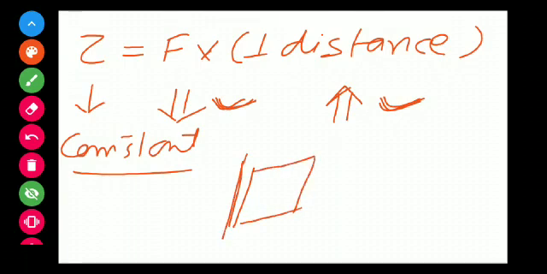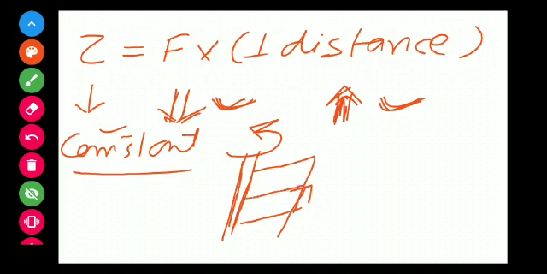this is your door and this is the axis of rotation of the door. If we increase the distance, we need less force to produce a turn. Therefore, we apply a force at this edge because this edge is at maximum distance from the axis of rotation. With increase in distance, there is decrease in force. In that case, we need small force to produce a turn or to open or close the door.